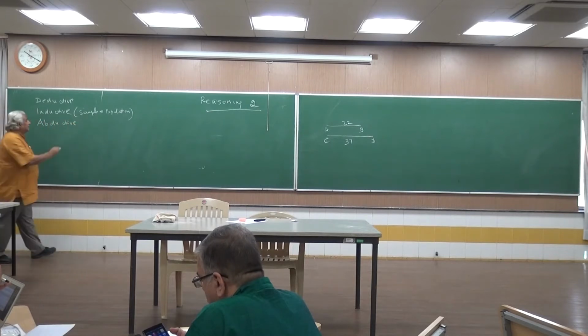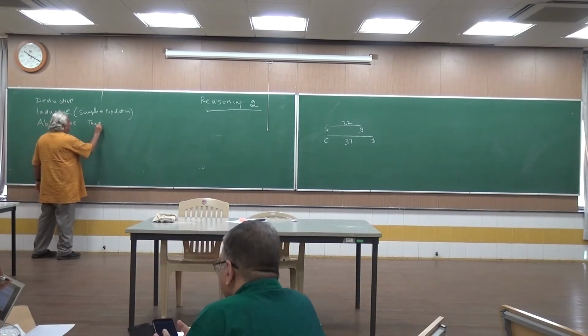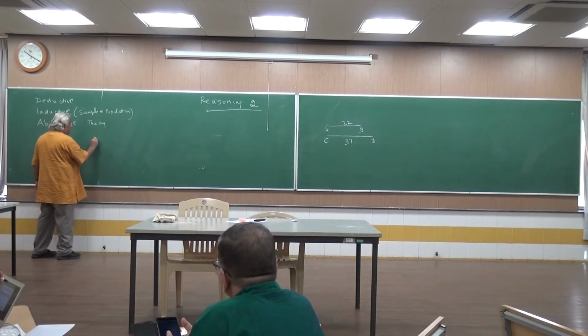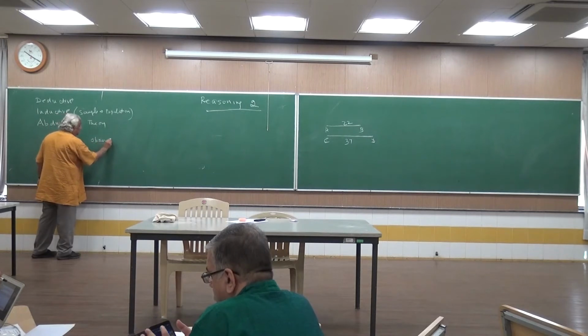What that means is that in abductive reasoning there will be a theory, there will be a particular observation, let's call it a data point,